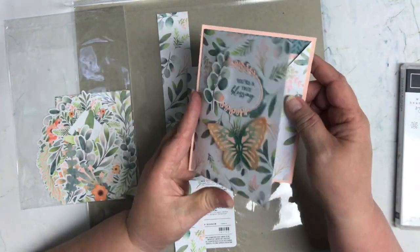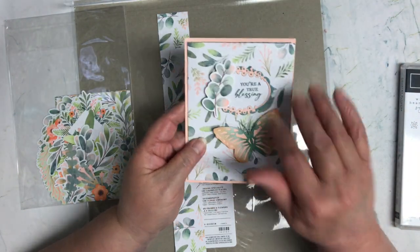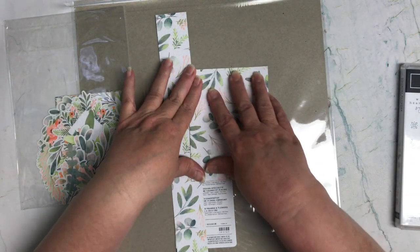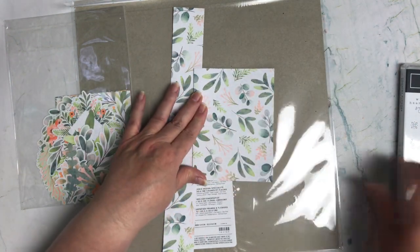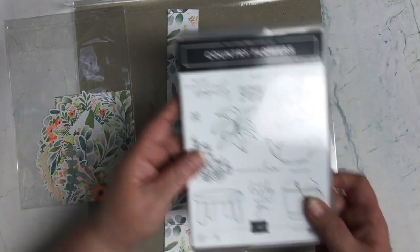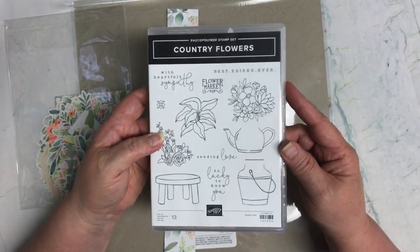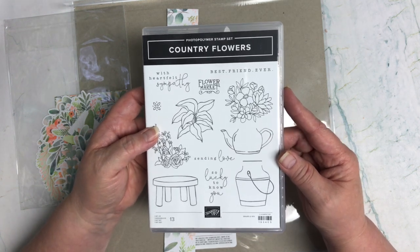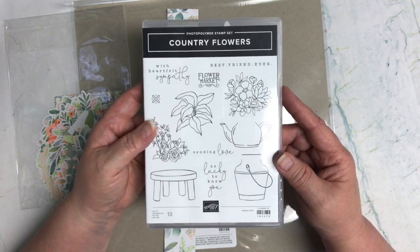And then once I get all that, and decide what I'm going to put on the front, once I get all that figured out, then I will come back and continue putting this card together with you all. I do know that I'm going to be using this Country Flowers set